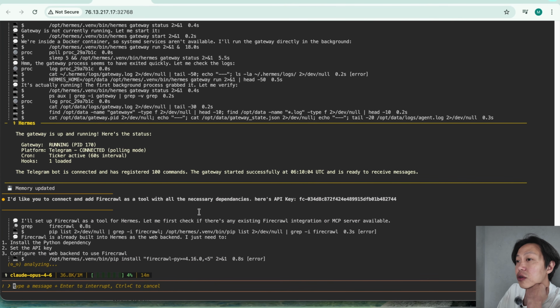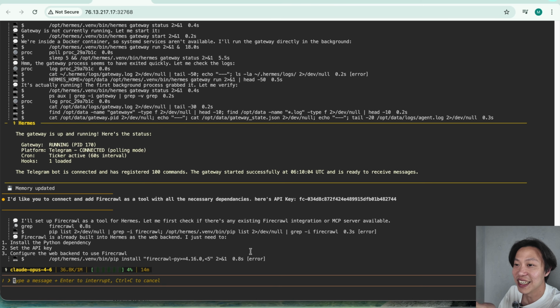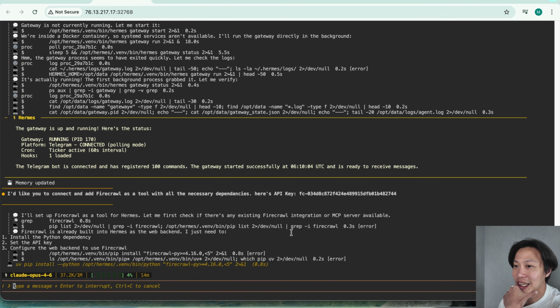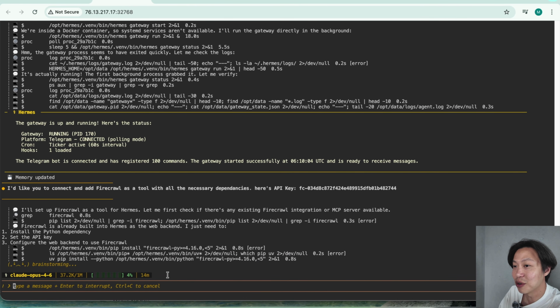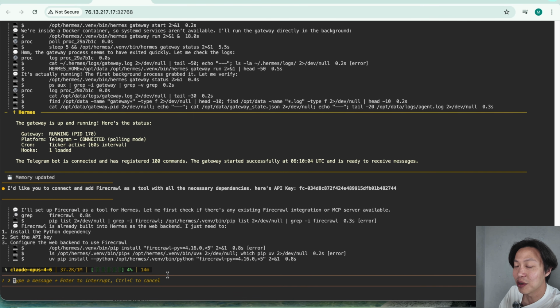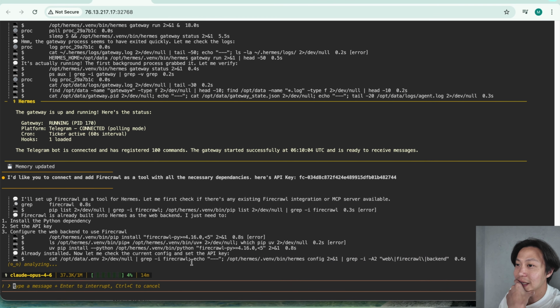So as you can see, it is doing basically what we humans would do if we wanted to connect Firecrawl in the past with anything, right? When we were doing a lot more stuff on n8n, we connected Firecrawl a lot, and we had to go to the documentation ourselves and do everything manually in n8n. But now you can essentially ask it to do all of that and install a connection for you while you just sit back and wait. And of course, it's going to use up a couple of tokens here, but I think it's well worth your